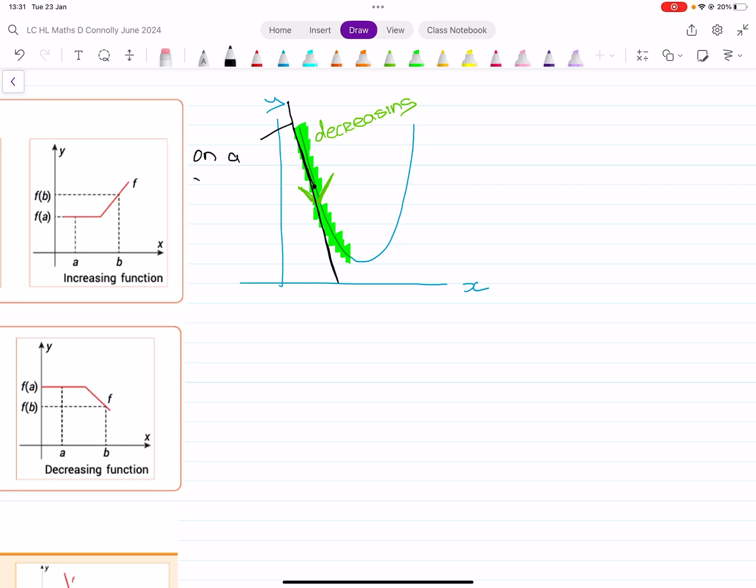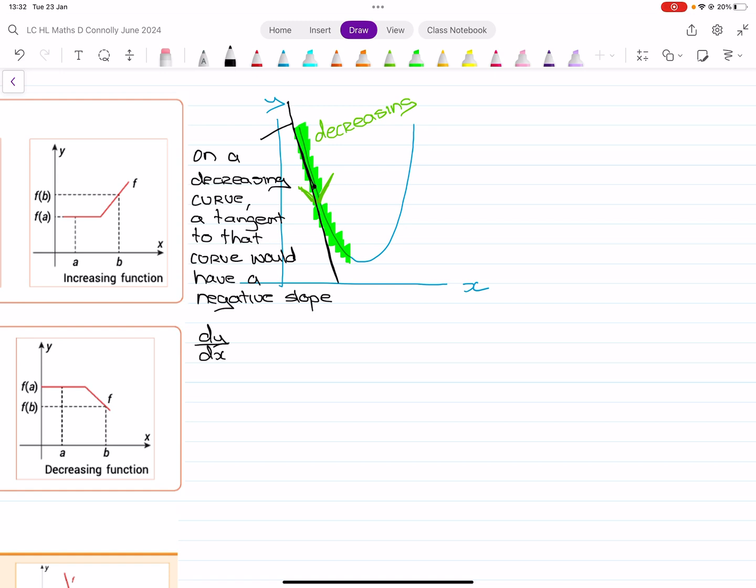So on a decreasing curve, a tangent to that curve would have a negative slope. Does that make sense? Like that black line has a negative slope. And remember, slope is just dy dx. So we're saying that dy dx would be negative or dy dx would be less than 0. Yeah? And then